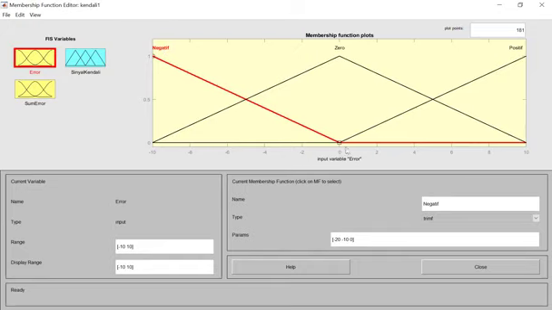The value is minus 12, then minus 10, and 0 here for the negative value. And then this is the zero value, from minus 10, 0, until 10. And then the positive value 0, 10, and 12 here. This is for the error, and the sum error is the same as the error.